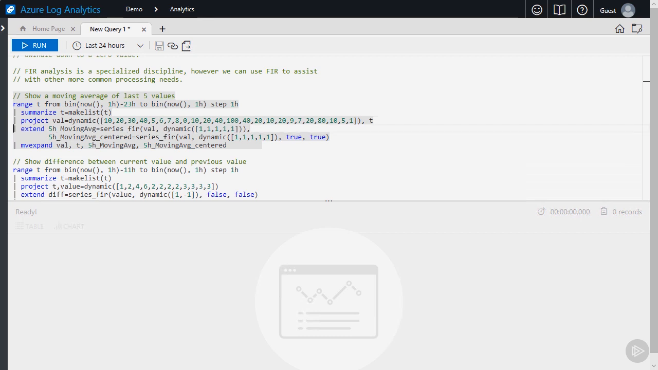Next, I'm going to actually implement my series_fir. Now, the first time I call it, you see I'm using series_fir, passing in my val, which is that dynamic array. And the second parameter says dynamic, and it has 1, 1, 1, 1, 1. Well, what this tells us is, first off, I want to get the average of 5 things, because I have